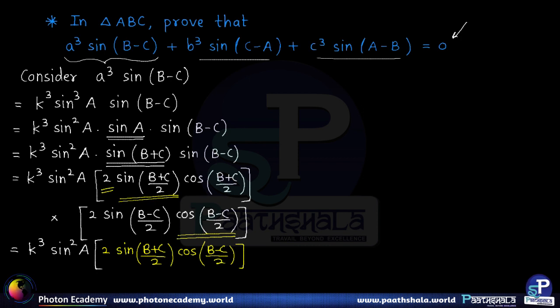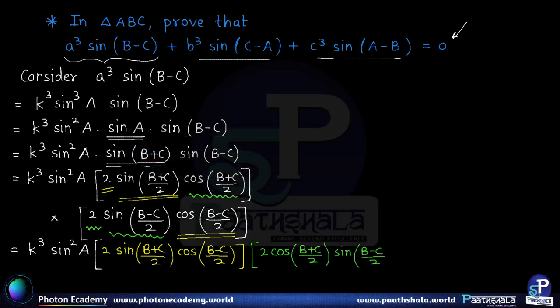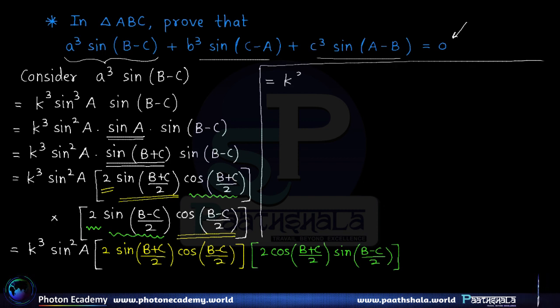Now in the second bracket we are going to club the remaining, 2 cos of B plus C by 2 and sine of B minus C by 2. So that is 2 cos of B plus C by 2 into sine of B minus C by 2. So that further gives us k cube sine square A as it is,